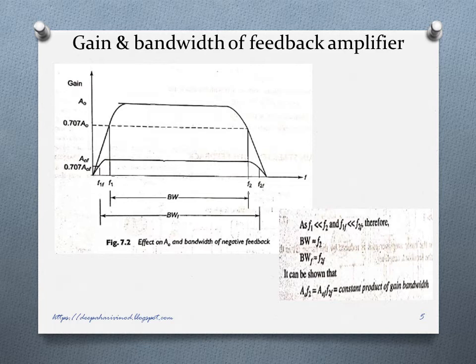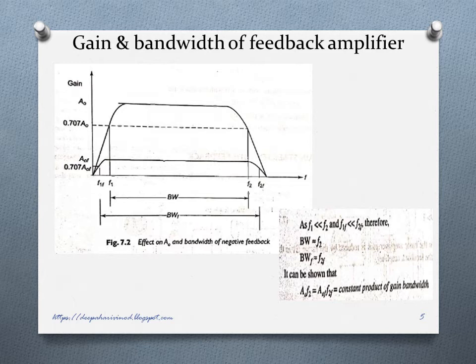So the one thing we have to compromise in case of negative feedback is that when we choose negative feedback, the gain reduces, but the bandwidth can be improved. As per the general principle, if gain is reduced, we will get an increase in bandwidth. In case of RC coupled amplifiers, the gain reduces at low frequency and high frequency ends. So beta A naught is no longer much more than unity. The percentage reduction in gain is less at the two frequency ends compared to the midband.